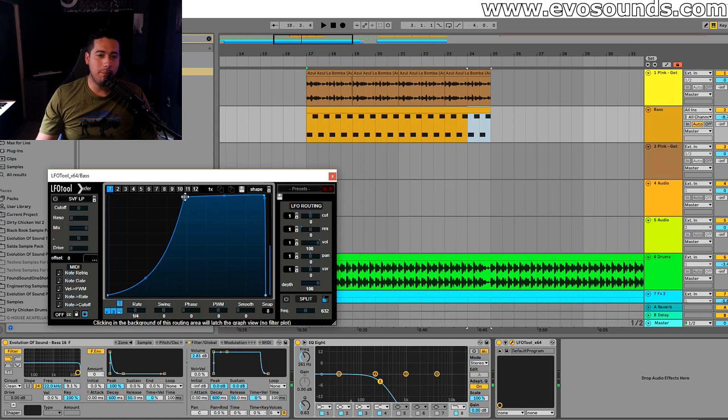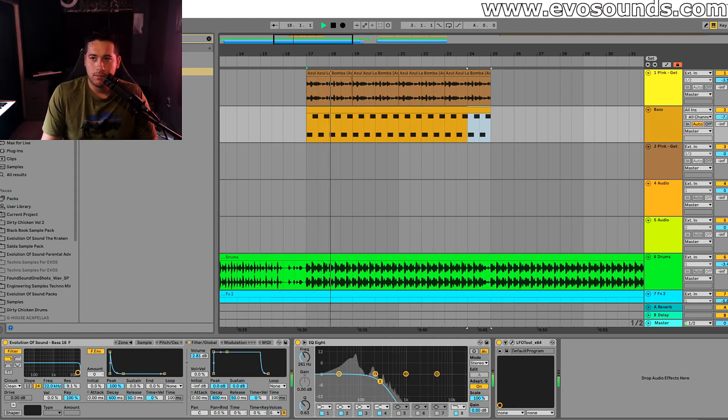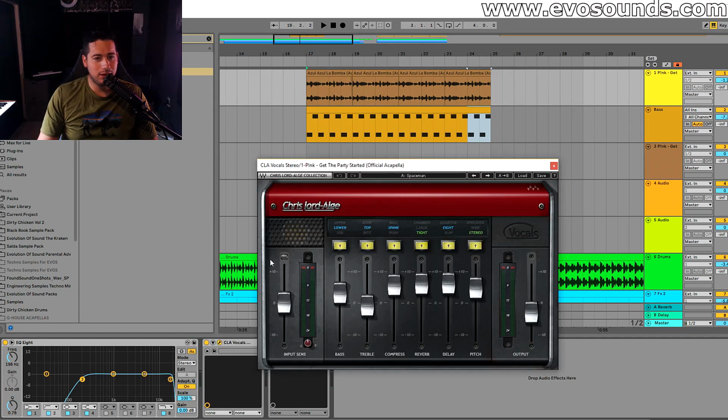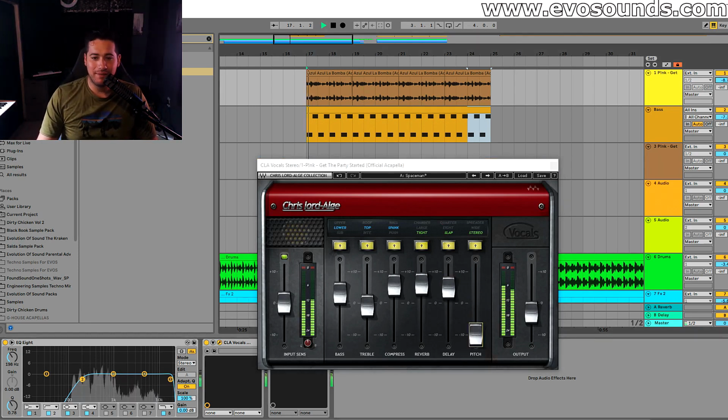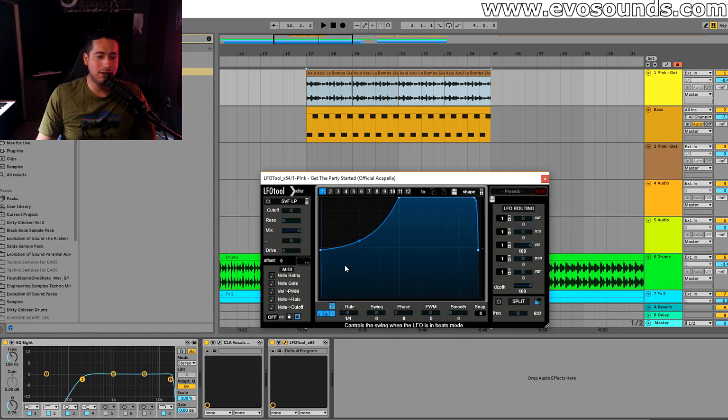So now it's just the hard part, which is finding the right balance for it. So let's pull the volume on the vocal down a bit. You can see it doesn't fit the song because it just sounds so dry. So that's why we're going to use CLA vocals. Too much. All right. Let's slow it down. So now I can add a bit of sidechain. I think it's going to help a lot because it just keeps repeating. So we can definitely do